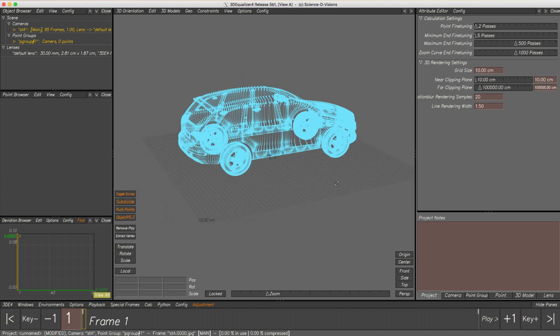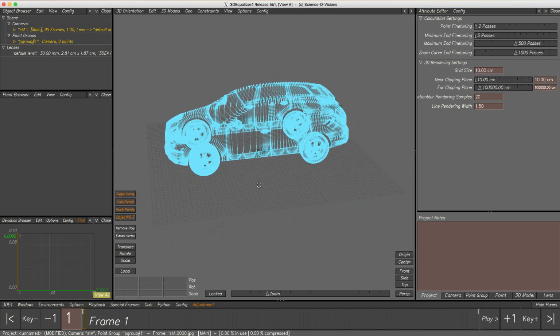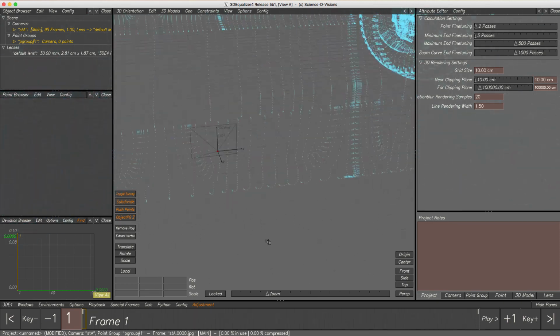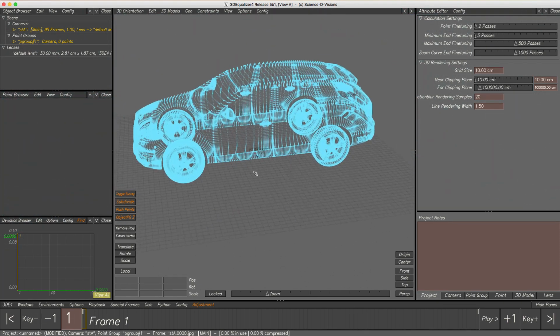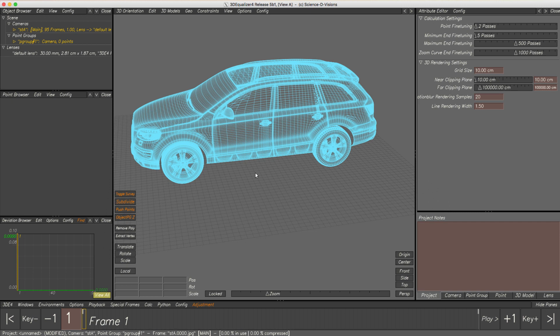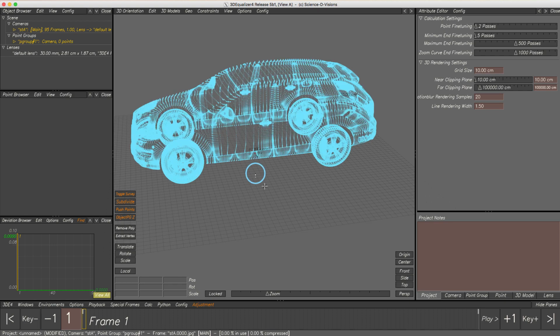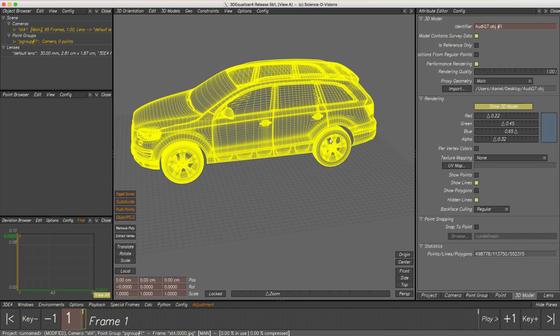When navigating around the model, we see everything smooth, no matter how fast we change the view. Just the look of the model changes during navigation. 3DE4 Release 5 can handle large 3D models way better than ever before. When importing big models, 3DE4 automatically detects the size of a 3D model, and if the new option, Performance Rendering,